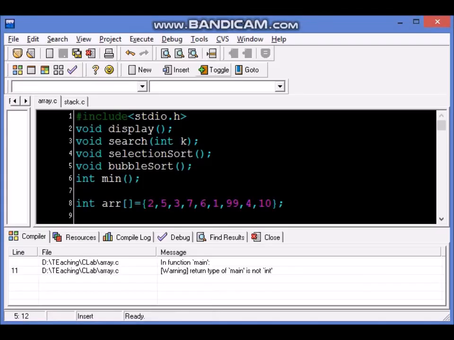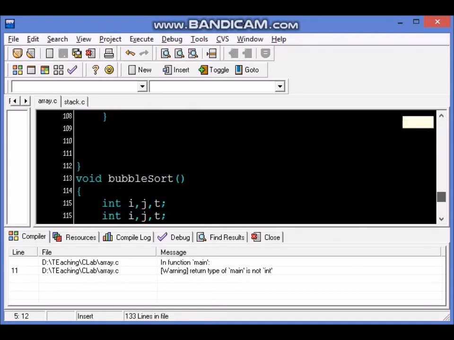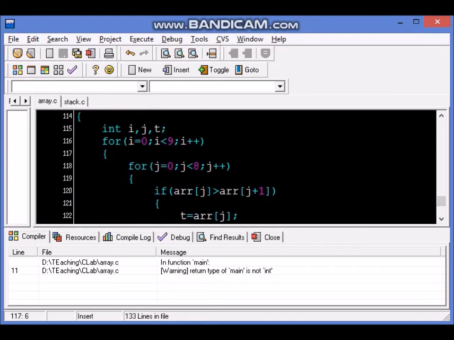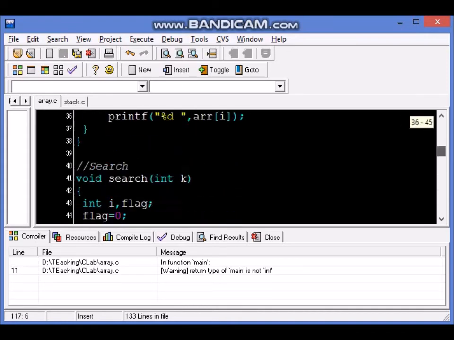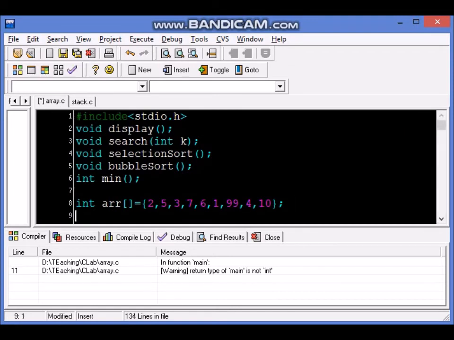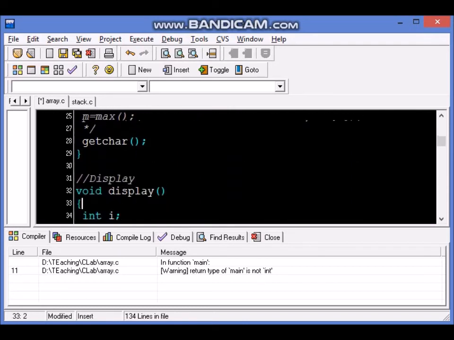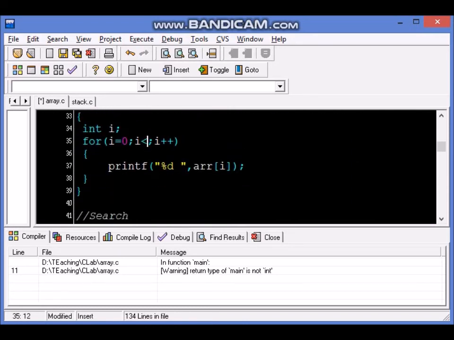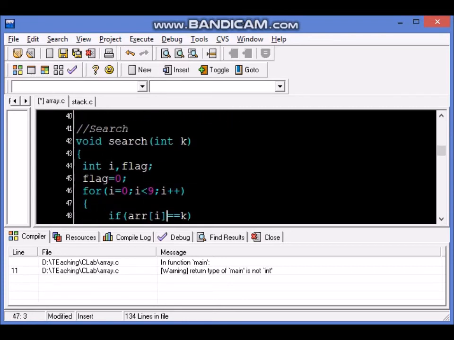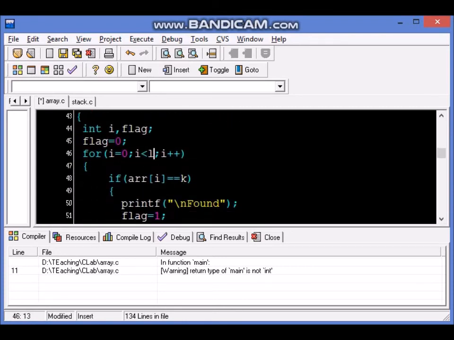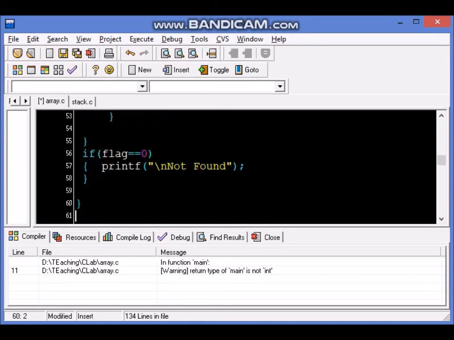It is not the most optimized bubble sort code. We can optimize it further. These for loops can be made a bit more generic. Normally in such code, instead of having the actual hard-coded number, you will use a variable which gives the length of this array. So let's say the length of the array len is 9. How many numbers are there? 1, 2, 3, 4, 5, 6, 7, 8, 9. So length is 9. And wherever in the code we use a hard-coded number, we should ideally replace it with len, a variable which you have used. So instead of saying 9 in many places, we will use len in most of the code.